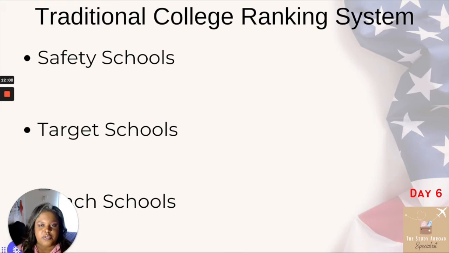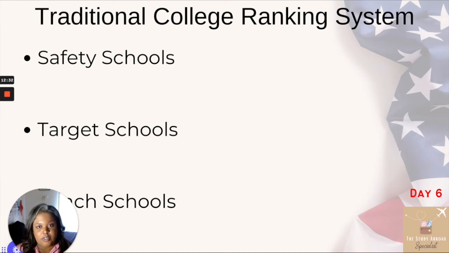And there are some different terms depending on who you're talking to, but it tends to be the same three sort of rankings, to a sense. So what you're going to find here in the US is as you're going through and thinking about schools, it's going to be really important to put them into tiers. And this is how we have traditionally done it. Millions of kids have done this here in the US and a lot of international students have learned about this as well. So we tend to rank the schools that we are interested in applying to